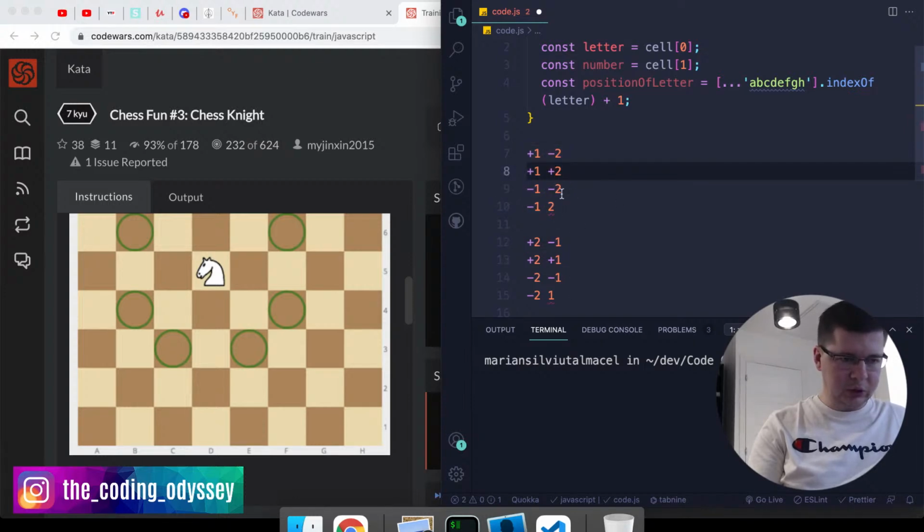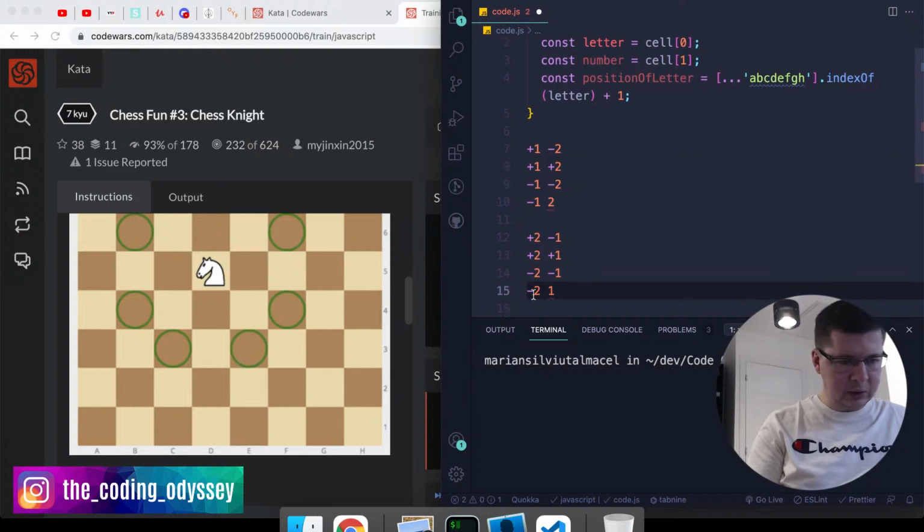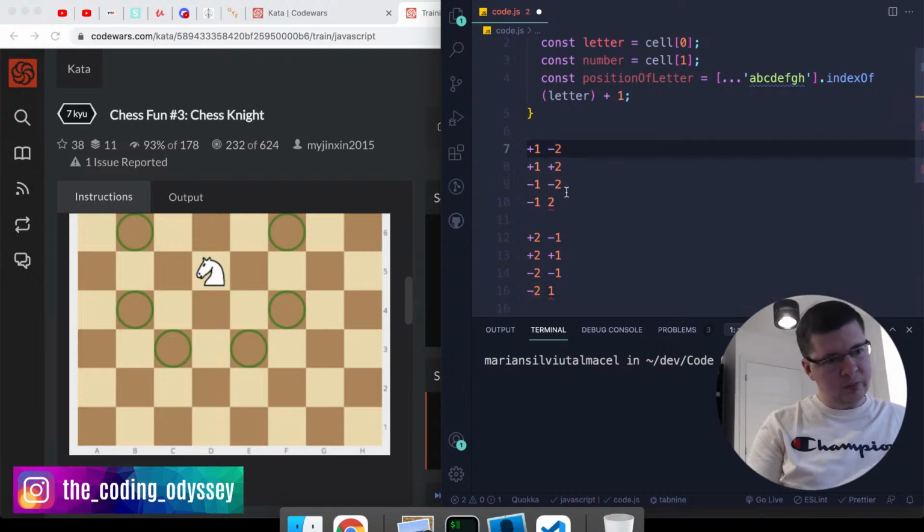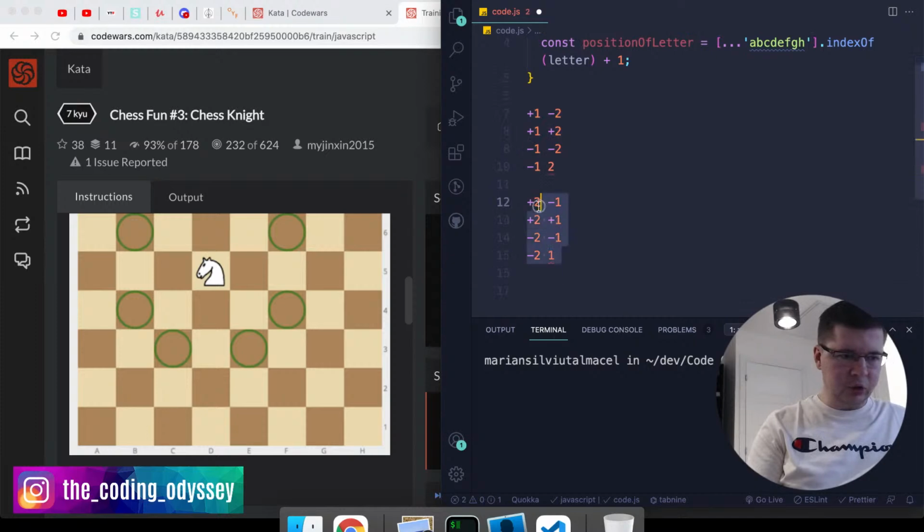rotated. As you can see, if I move this, what we have here, -2 and -1. You see, -2 we have here, for example, and -1 we have here as well, but it's rotated. And here -2 and 1, we have it here and here. So basically we have this pattern once for the number and once for the letter, and then we basically change the numbers. So I can delete this, I can keep just this pattern,